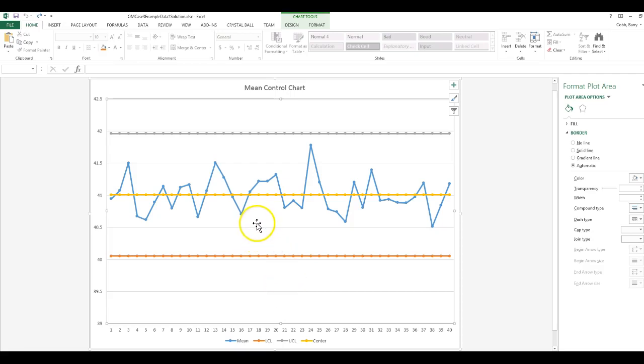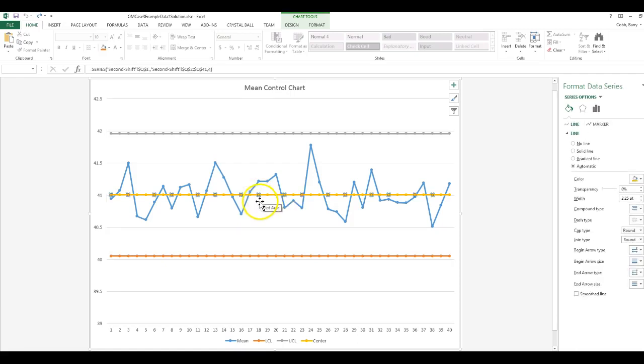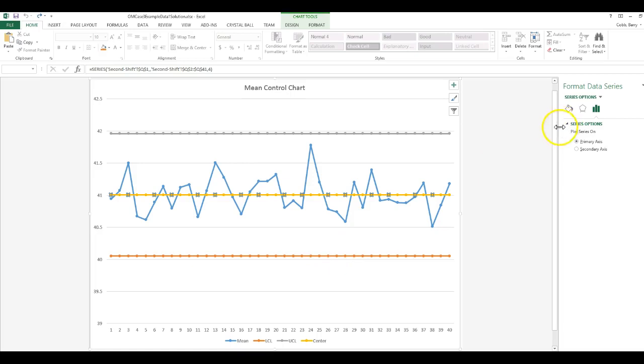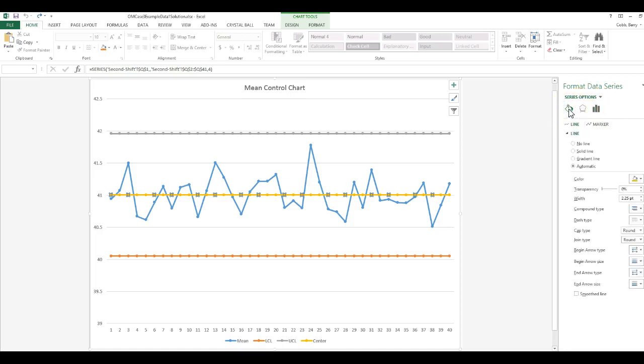The first thing that might be useful to conduct runs tests with the Excel control charts is to remove the markers from the control limits and the center line. This is optional, but sometimes helps us to identify certain points. If we highlight the center line and right-click and select Format Data Series, the series options will show up to the right. The option at the left